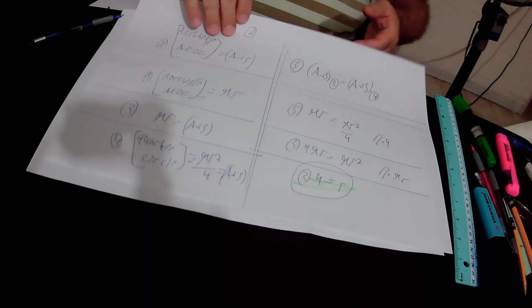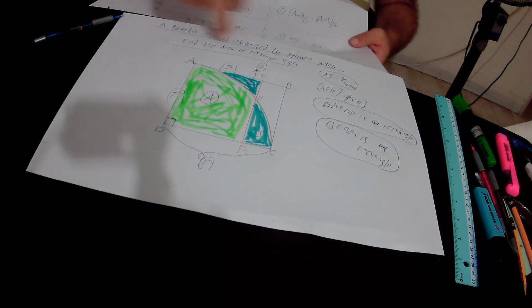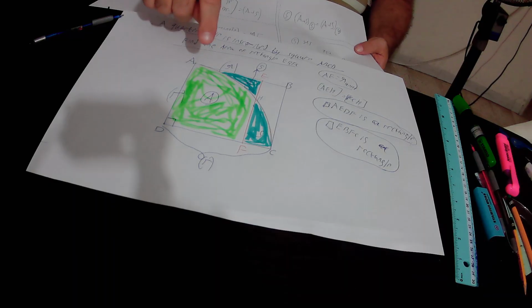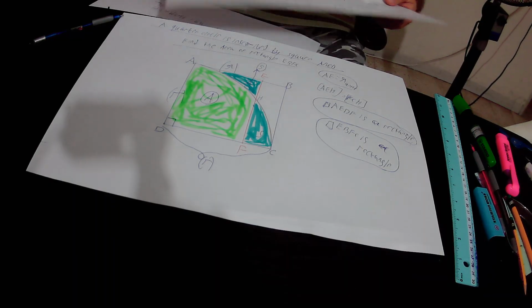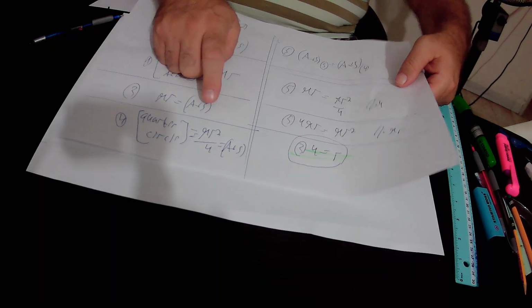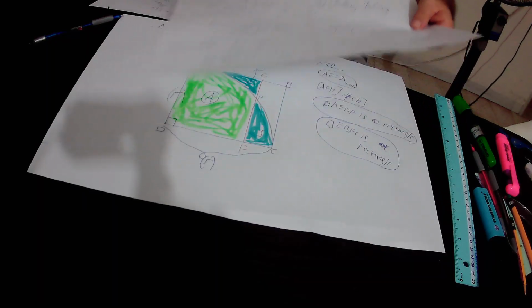What is the area of the quarter circle? We know that the area of any quarter circle equals the area of the circle over 4. That is to say, it is pi r squared, the area of the circle, over 4. Therefore, the area of this quarter circle must be equal to pi r squared over 4 from one side, but from the other side,